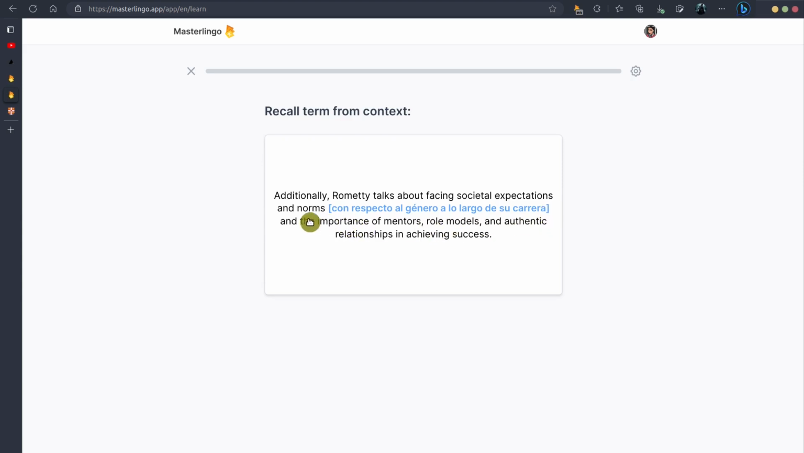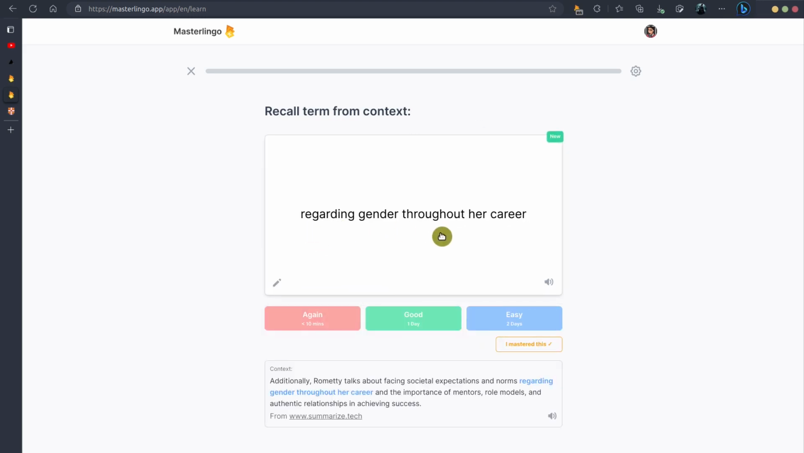And for example, I think Romety talks about facing societal expectations con respecto al género a lo largo de su carrera, in regard to the genre throughout his career, or her career in this case. Regarding gender through her career, very close. So because it was close, I would say good. But if I couldn't get the meaning,